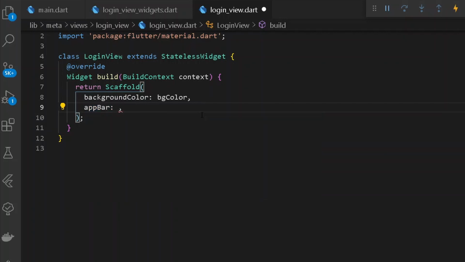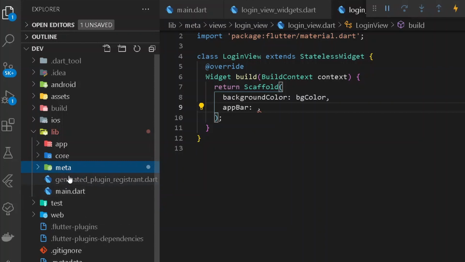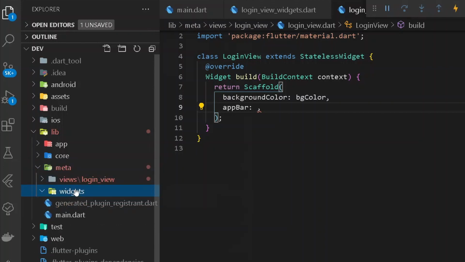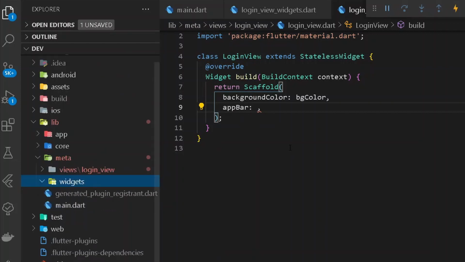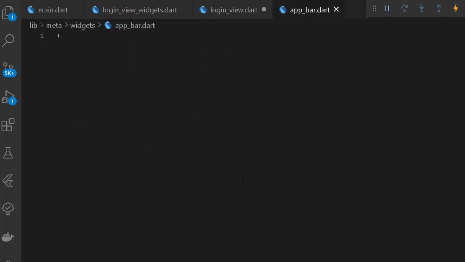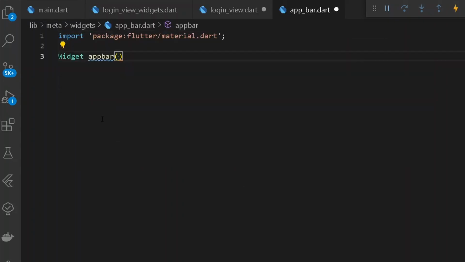But you know what, we shall be creating a common widget for all the app bars available under our entire application. So for that purpose, we can go under the widgets folder, under our meta, and under our widgets folder, let's create a new file for app bar.dart. The following app bar shall be common between all of the pages, that is views, of our entire Dev community app. So here under the app bar file, we shall be creating a new widget named app bar. Let's import the following widget first. Cool. So under the app bar, we shall be having a return statement.